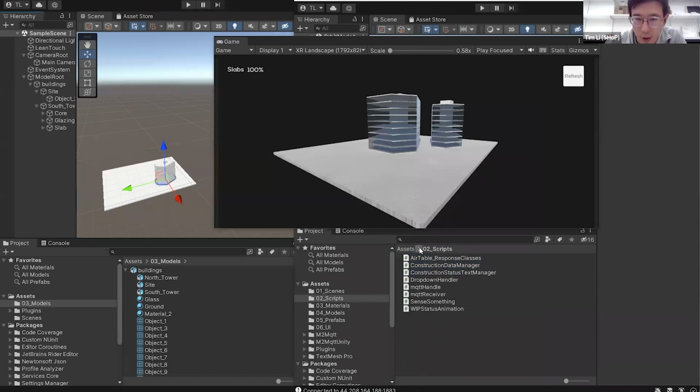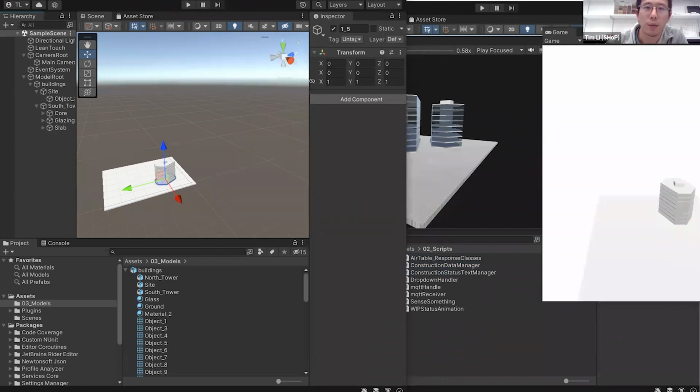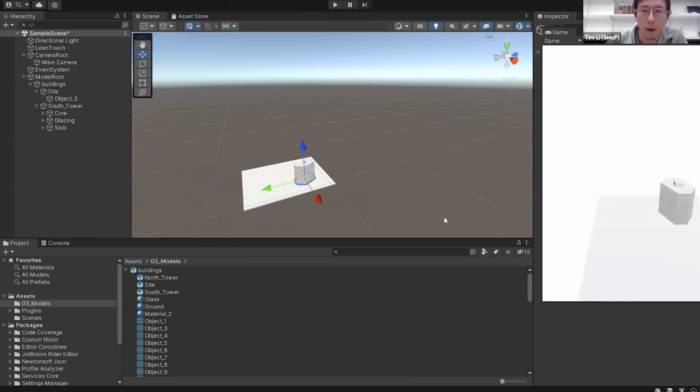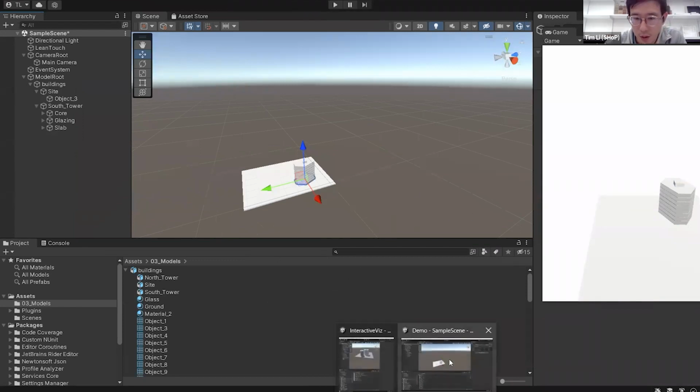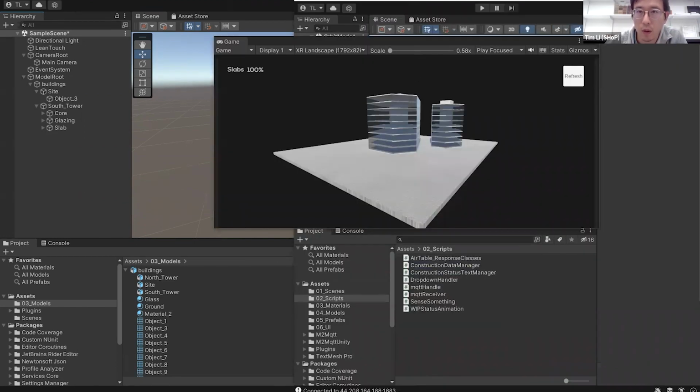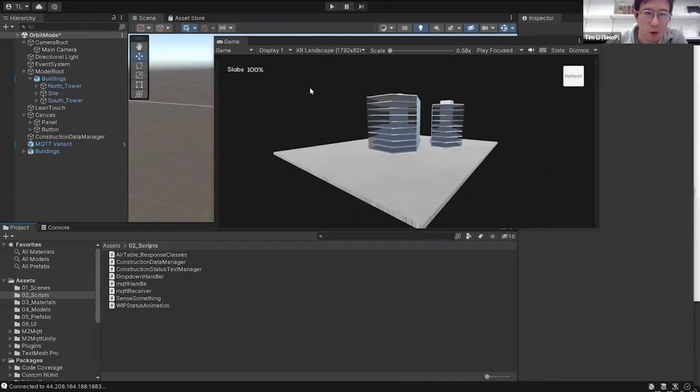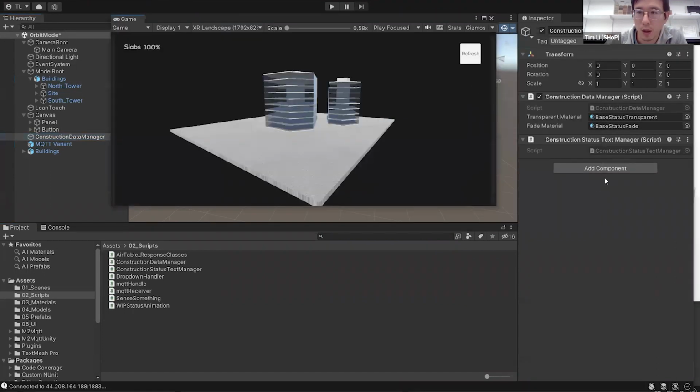And while you're doing that, you can just drag the whole O2 scripts folder into assets. And that should take care of all the scripts you would need to run this app. Once you've copied over the scripts, on the game object you just created, you do add component and then